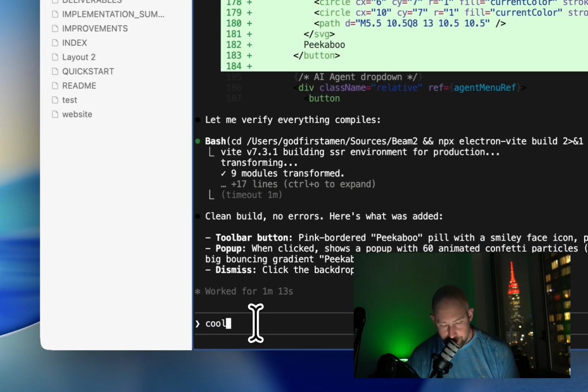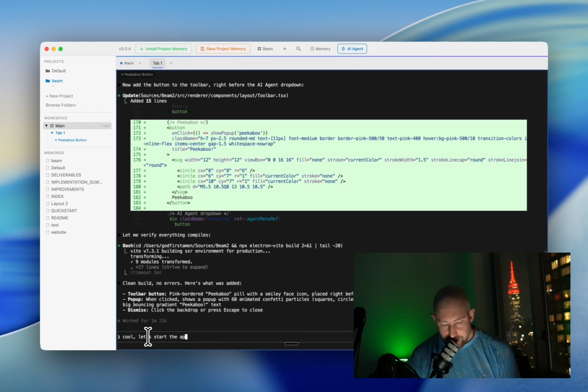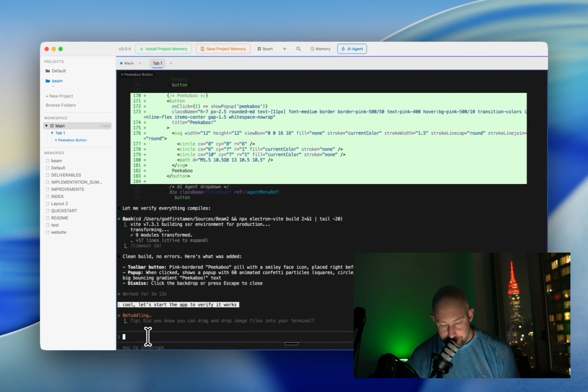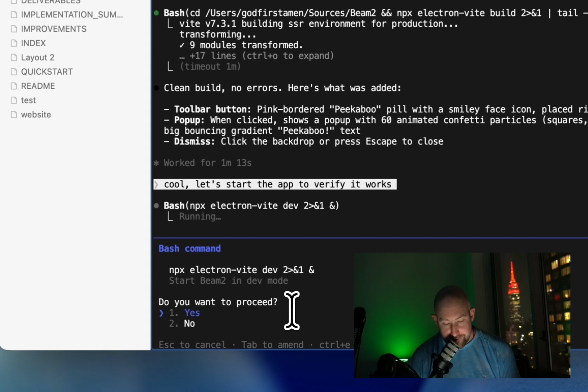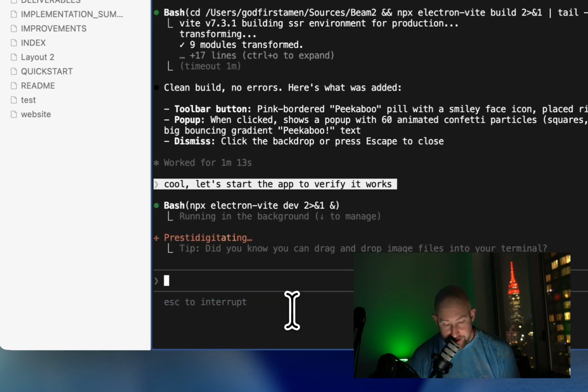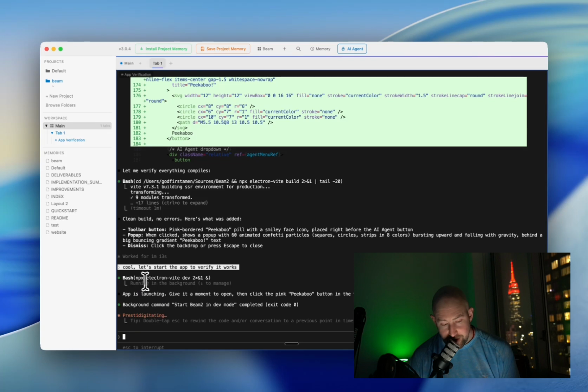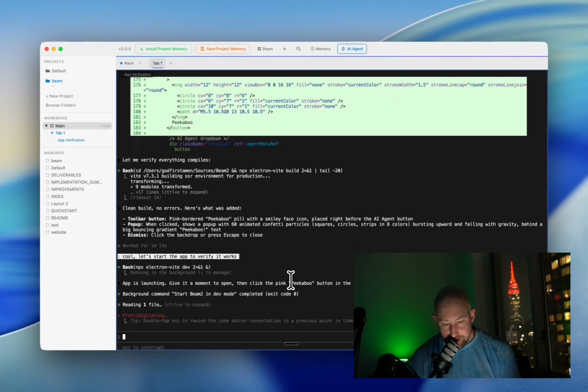It says, okay, cool. Let's start the app to verify it works. Now what this is going to instruct is let's find a way on the computer to start this application so I can verify it works. I'm going to click yes to proceed. And what this is doing is running a bash command of npx electron vite,